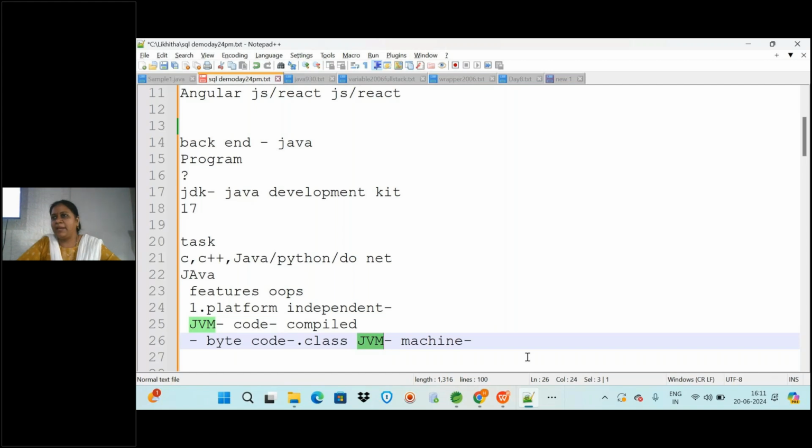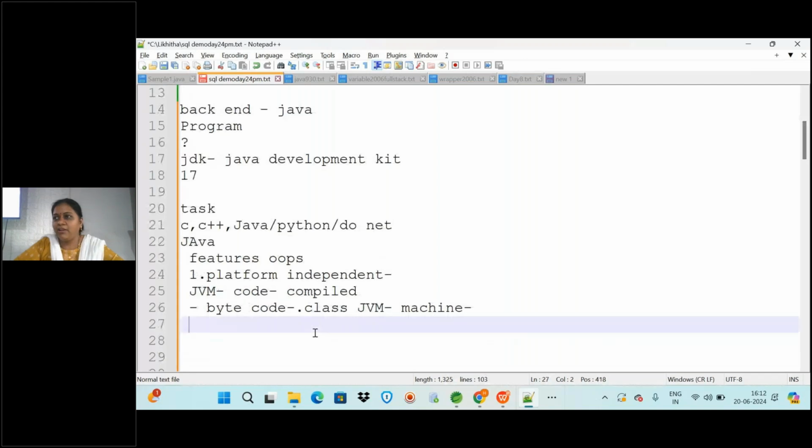If they ask you, you might say Java is platform independent. Then they will ask you, is the JVM independent or dependent? You should not get confused. The JVM is dependent on the operating system, whatever machine you are using. It converts into that machine's own language. Understood? It acts as a mediator for the conversion. That is the main reason Java is a platform independent language that you can run on any operating system. That is an important point here.